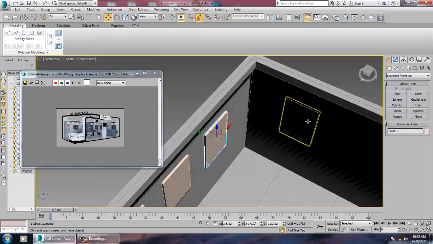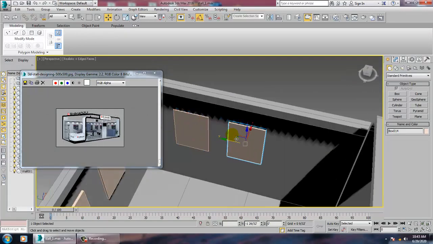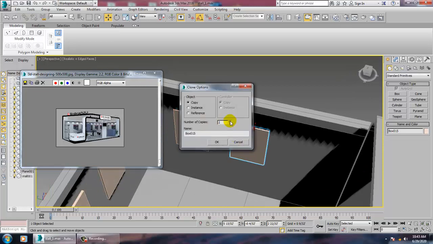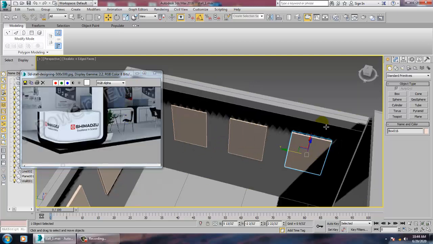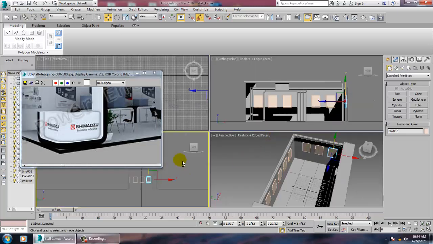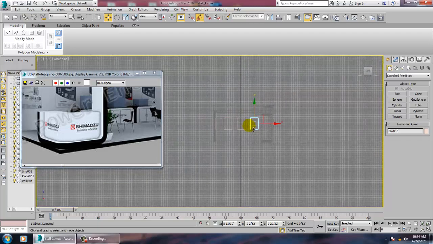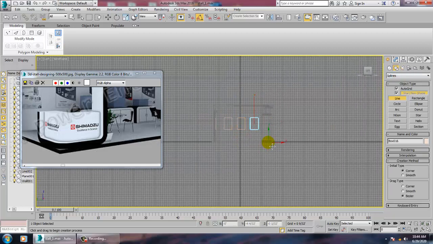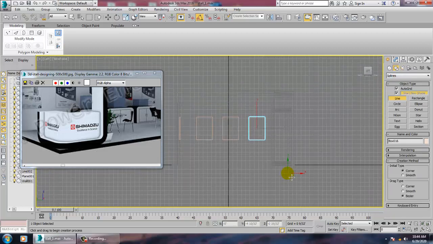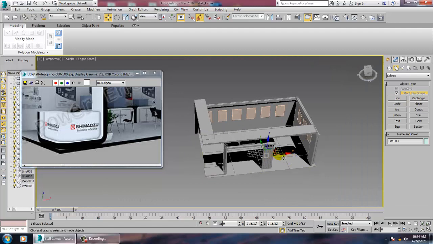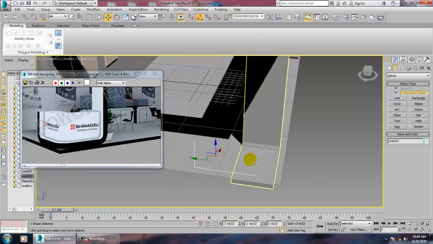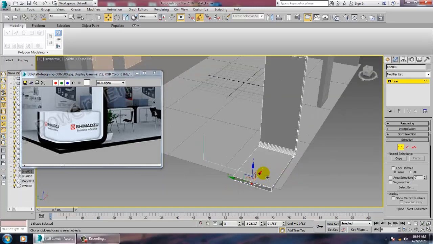So we can just select this and make a copy of it. That's it. Alright, so now what I'm going to do is go into this side view over here. Let's take a line over here. So select this, push this a bit inside,